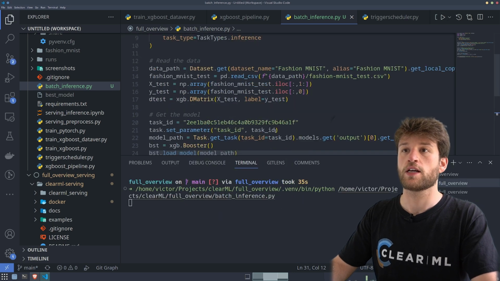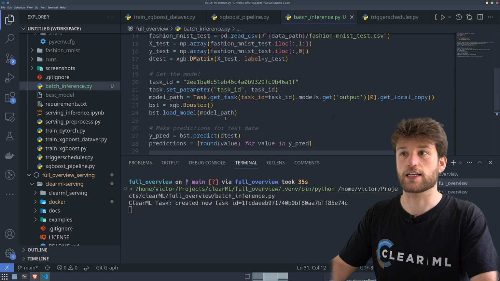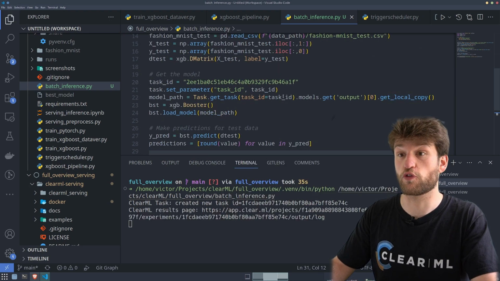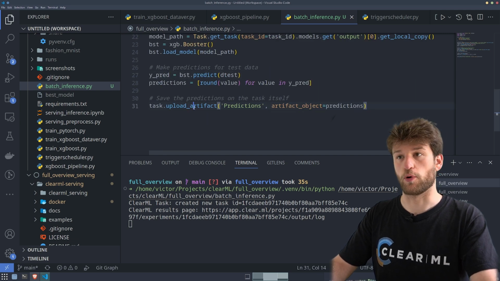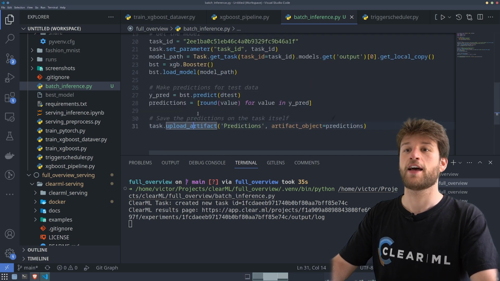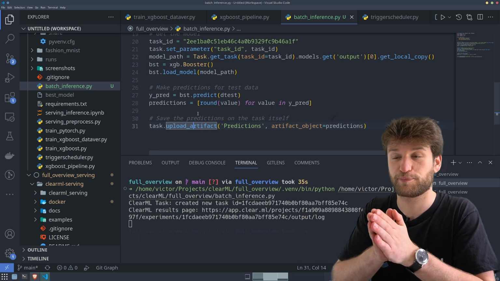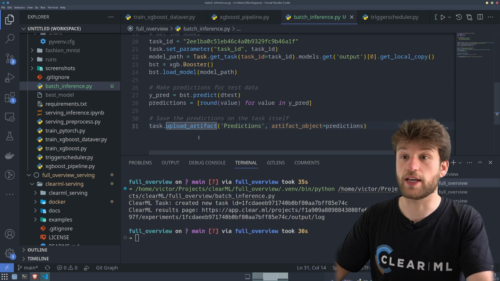Now, if I run this, it should just run, get all of the data, get the task, get the original model from that task, load it, do all the predictions, and upload the artifact. So let's see and come back when that's done. All right, so the inference task is